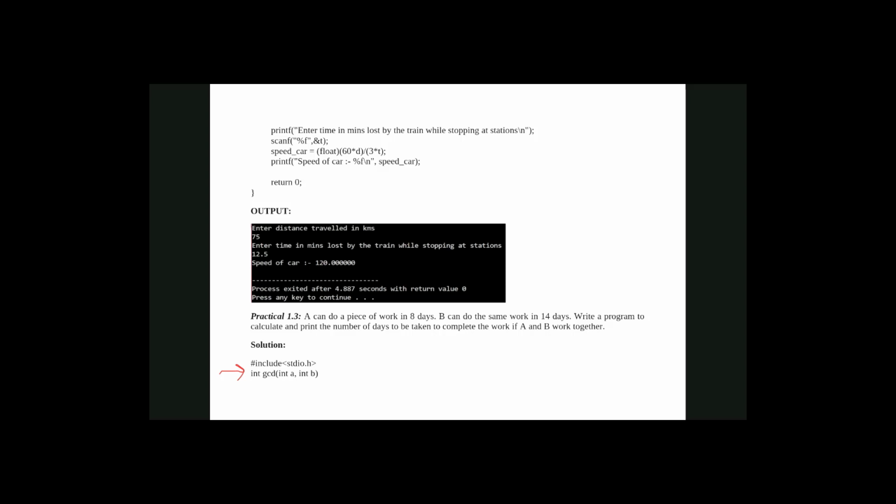Okay, and if GCD is the name of the program, what does this int mean? It means this will return an integer to us. If I want to find the GCD of two numbers, then one integer will be returned to me. So how can I provide two numbers? Suppose 8 and 5 are the two numbers. I will store 8 in memory A and 5 in memory B.